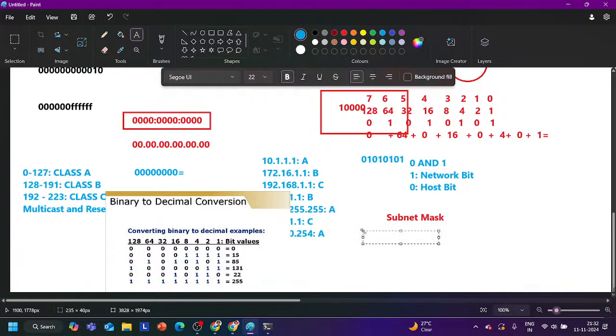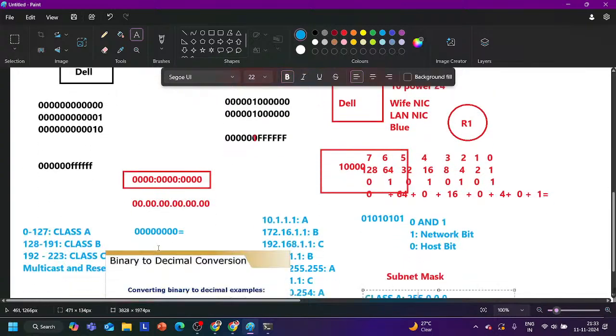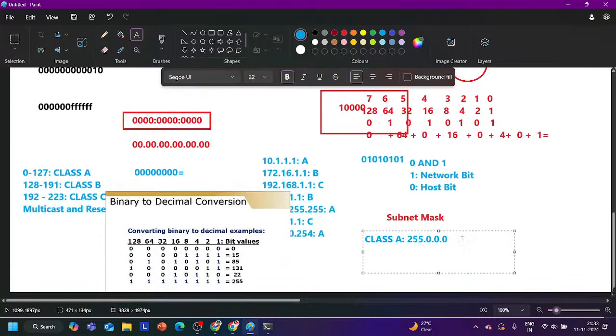For class A we have a predefined subnet mask, which is 255.0.0.0. Means in class A how many network bits are there? Slash is a different thing, that is classless routing. Right now we are talking about classful routing: class A, class B, class C. Slash value is classless. There I don't have any class. 8 are network bits and 24 are